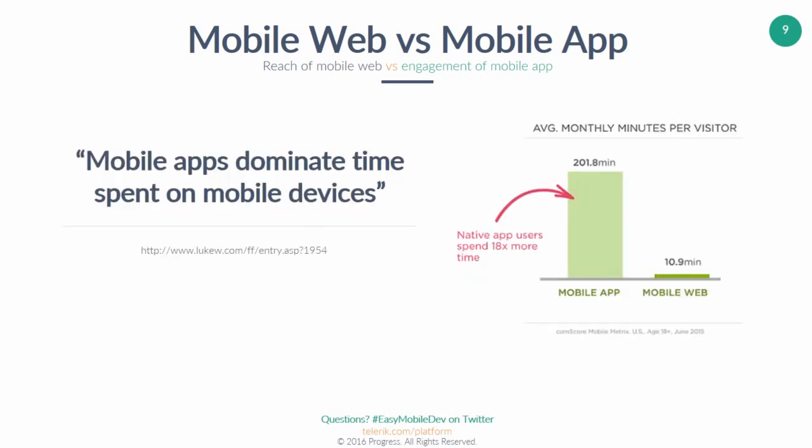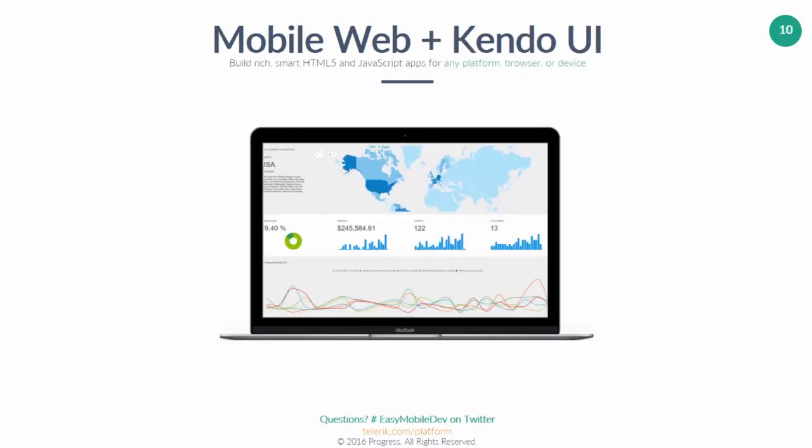Now I mentioned this idea of a more engaging experience with mobile apps, and it's true. If we look at this data provided by ComScore, mobile app users spend almost 20 times more time engaged with your content than they do with a mobile website. So mobile web is good for little snippets of information, but if you want to capture the attention of your user, you have to go with an app. Now this webinar is about mobile apps, so I'm going to let the mobile web fall by the wayside for now. But not before I mention that should you have a need for a responsive mobile website,